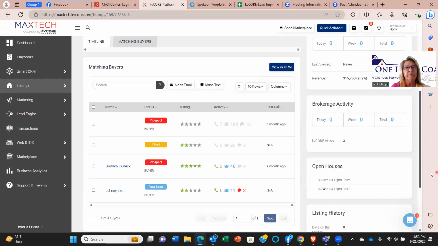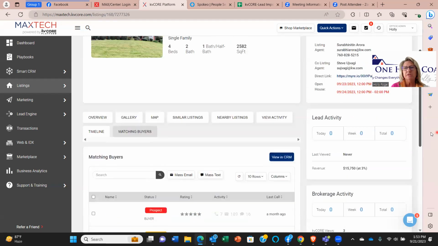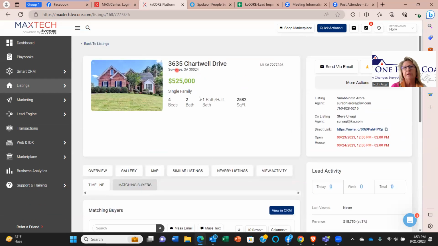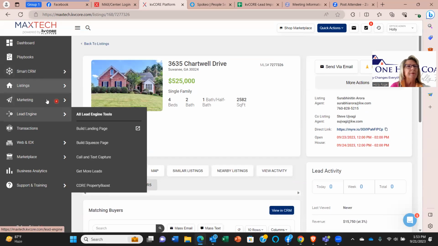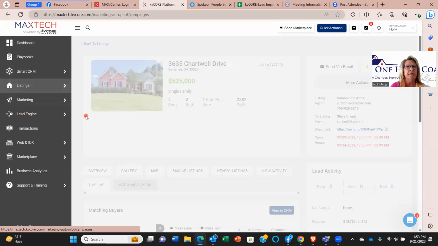So see, it says 4 people may be interested in this property. So again, they would have had to have interacted with that for you to know, but it's really great because you could just find any property and just start communicating with people and saying, hey, this house might be something that you like. And then under the smart campaigns, so flipping over to smart campaigns,